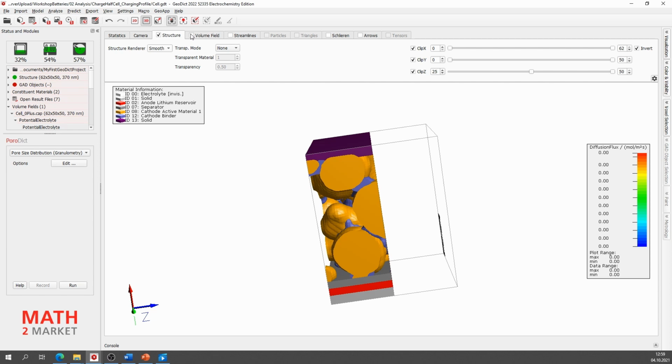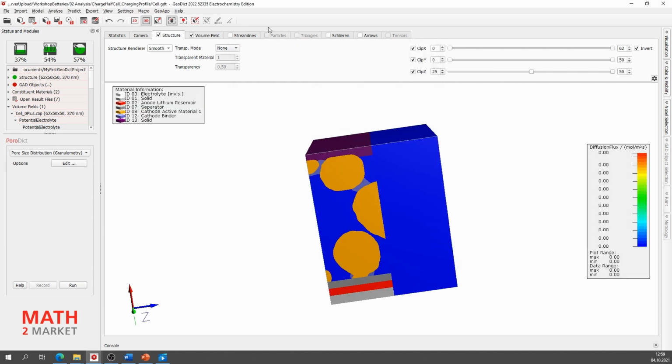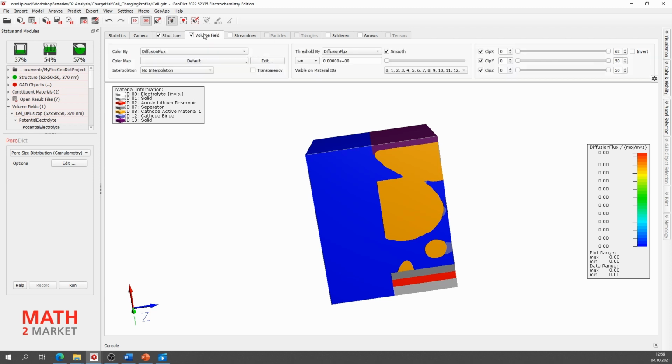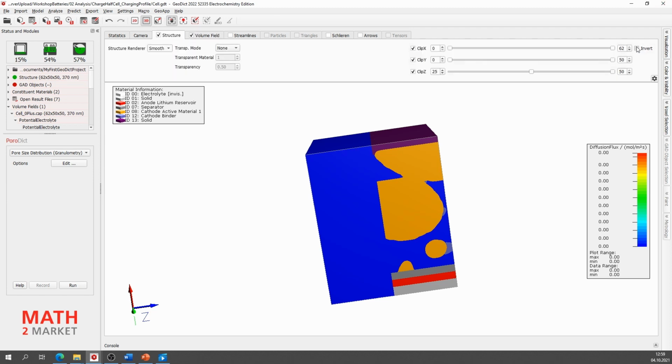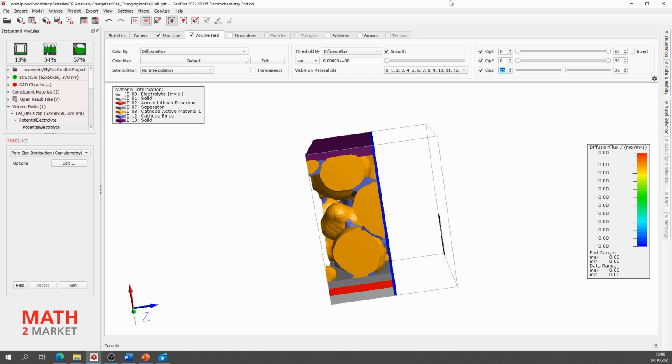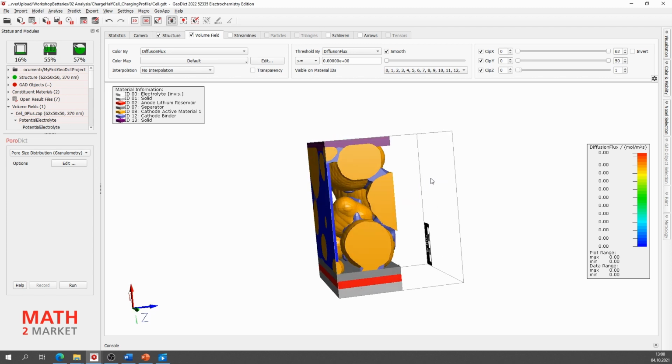And now we clip the volume field, and we are going to do the same. Click on invert, go to the volume field, and for the volume field we do the same, 25 here, and going to this side.